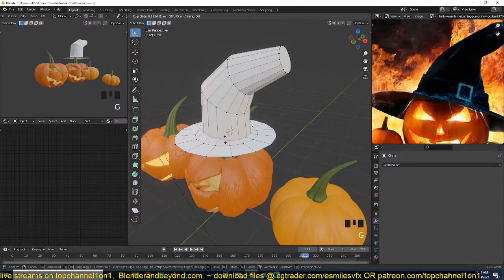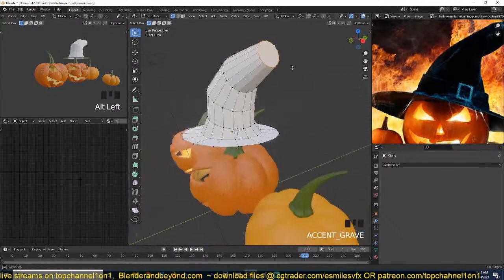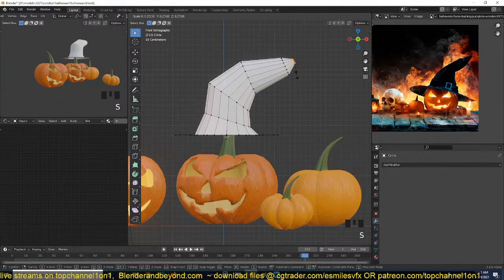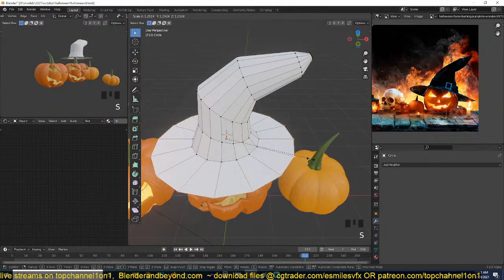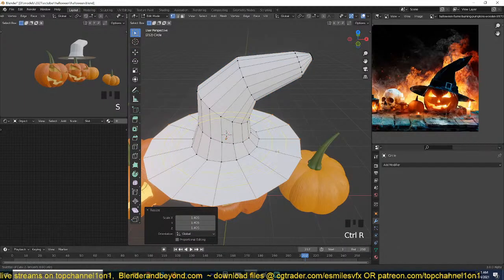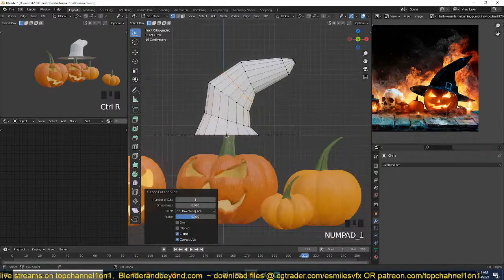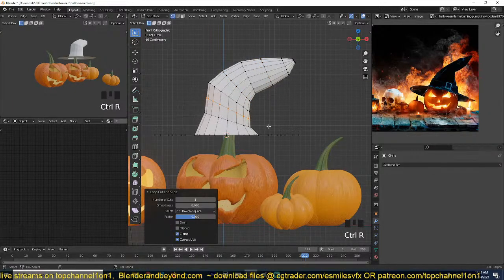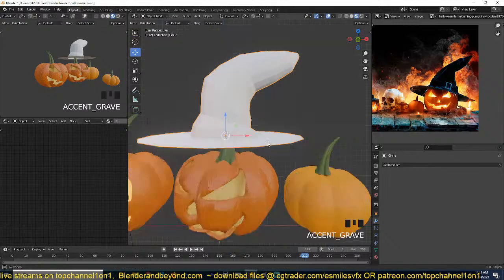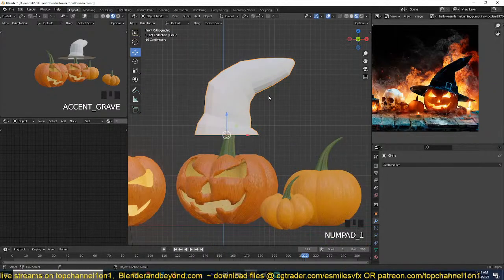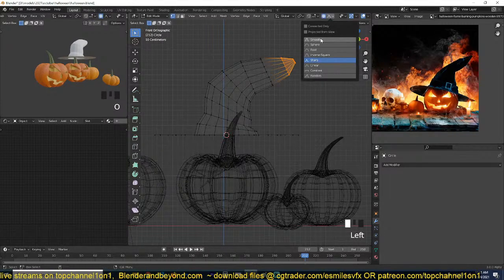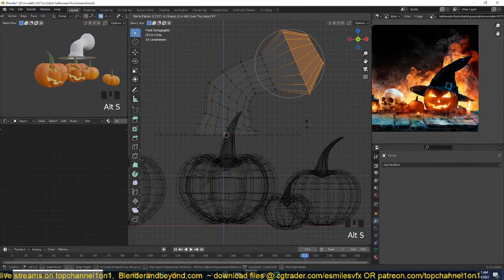And maybe grab this edge, grab it up, and let me see, Control click one more time, and then just scale that in, and maybe scale this in as well, add a few subdivisions, and add subdivisions there as well, there, and there as well. Okay, I think the shape here has to be a bit more tapered, so turn on proportional editing, make sure I have connected turned on, and